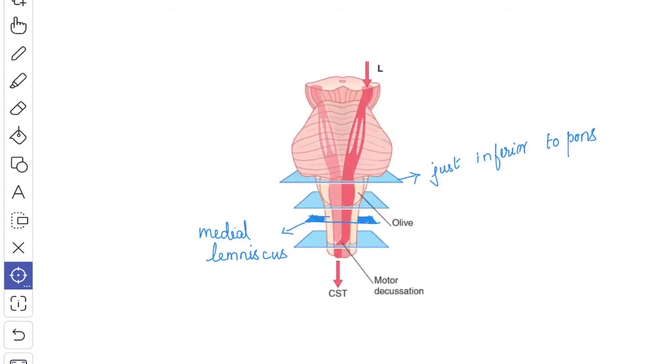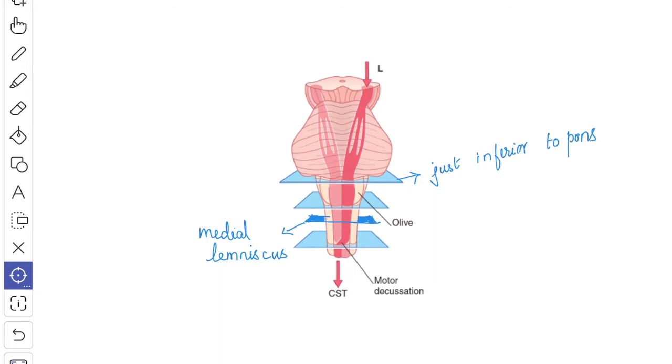Next we'll study the internal structure. As in the spinal cord, the medulla also has white matter surrounding a central mass of grey matter, but here the grey matter is broken up into nuclei that are separated by nerve fibers. The internal structure of the medulla is well appreciated by examining its transverse sections at the following 4 levels. So what are the levels you are going to study?